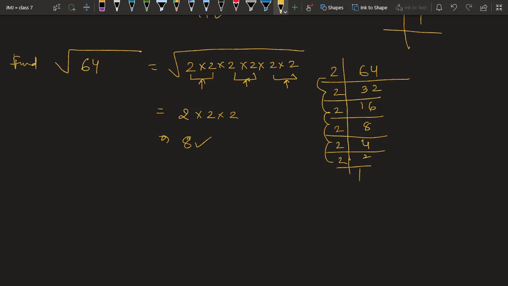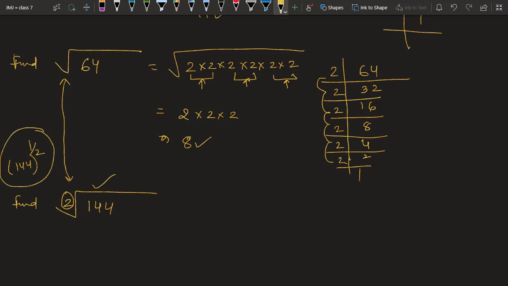Let us take one more example. Suppose a question comes, find square root of 144. Again I am telling you, this simple symbol and this symbol with 2 sitting over here are the same thing. They both mean square root only. Okay, actually this is a fraction power. If you want to show in the terms of fraction, you have to write like this: 144 power 1 upon 2. Okay, but you can leave this right now, you can go with this symbol only.